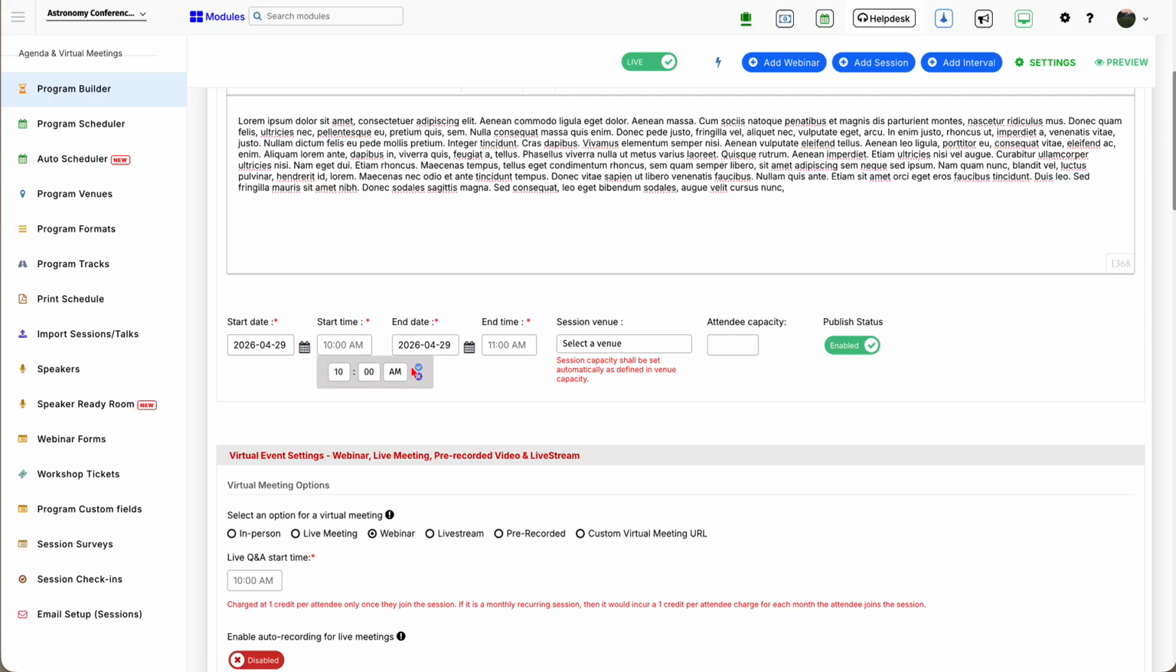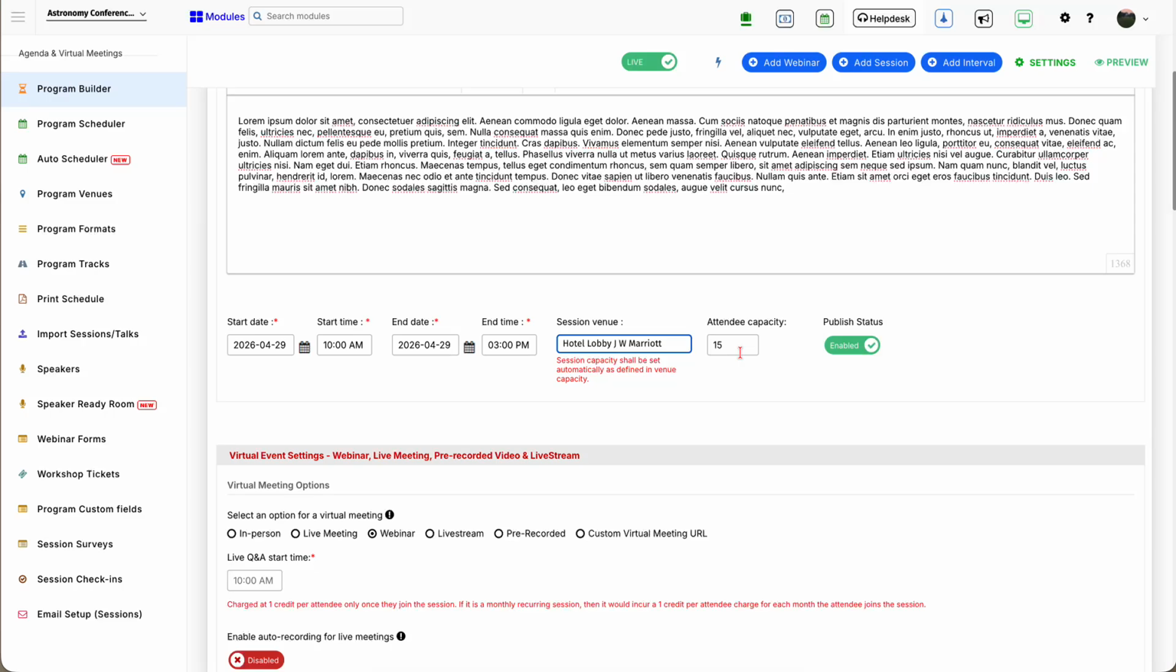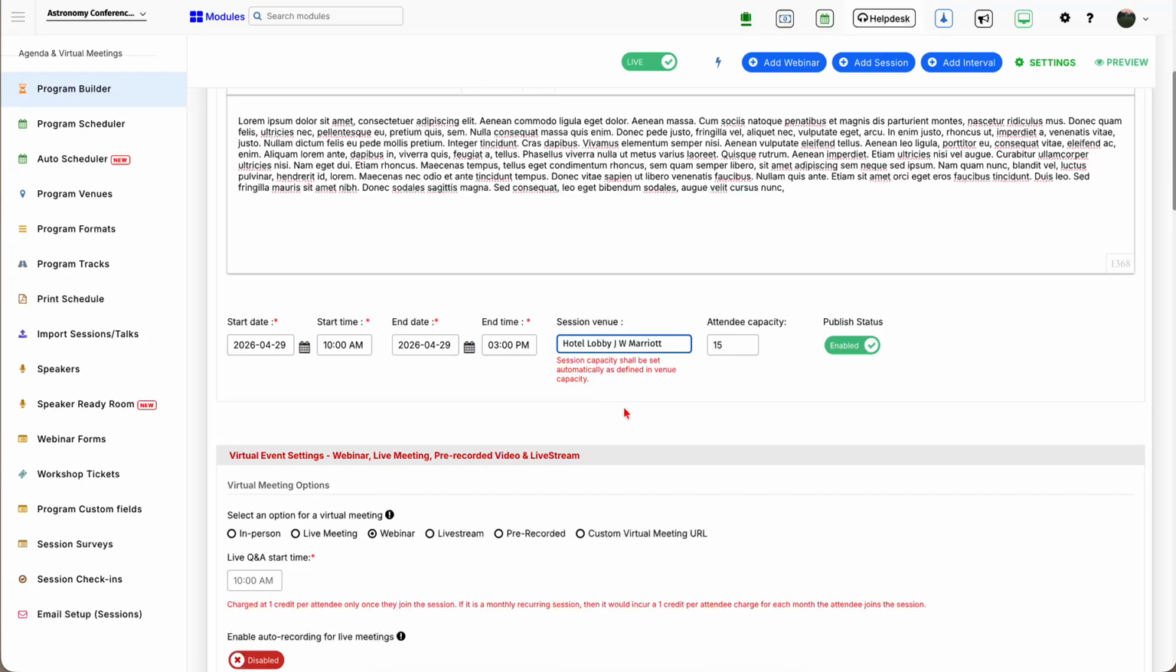set the start time, set a venue for the training session. If it is an online session, then you can set it to any other venue, virtual venue you have created. Set the attendee capacity to whatever numbers you have,